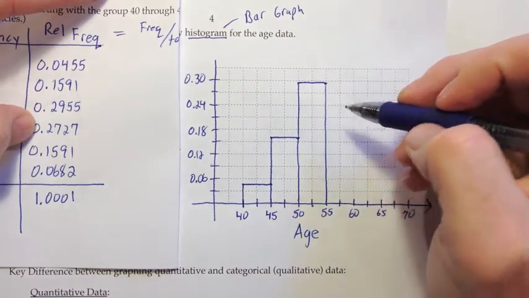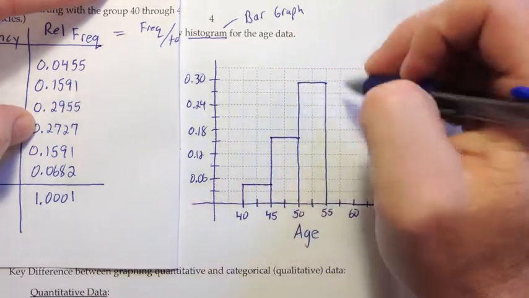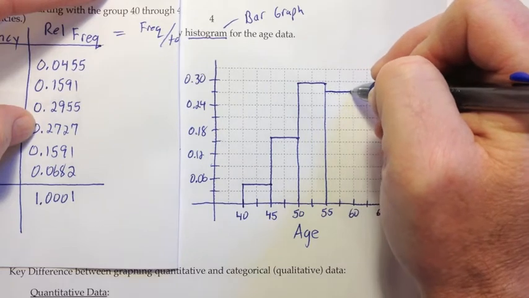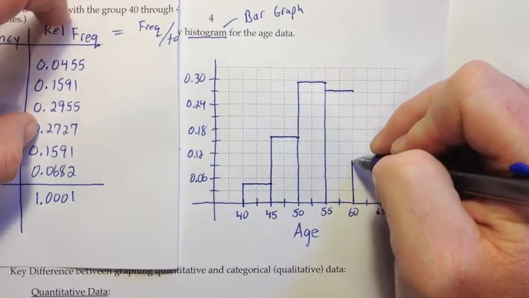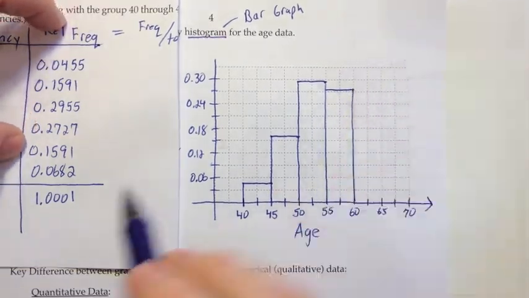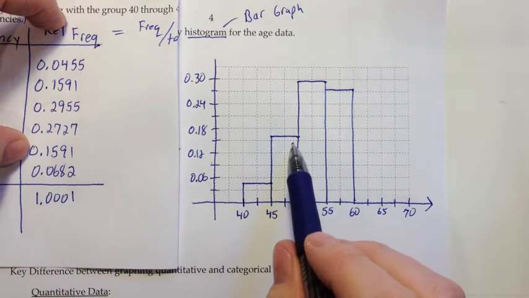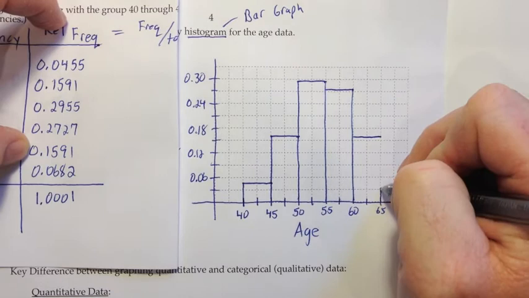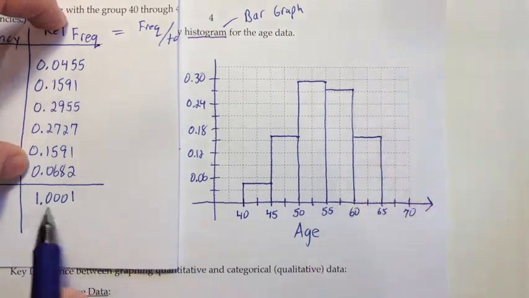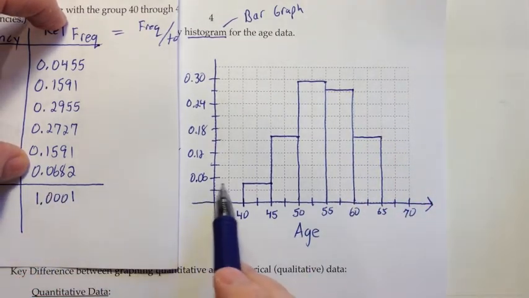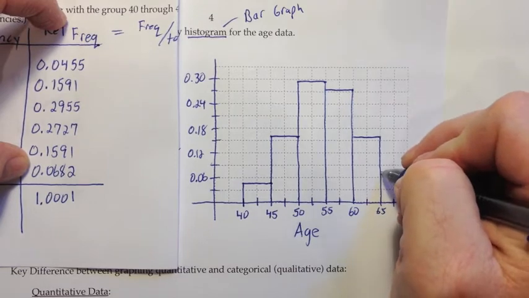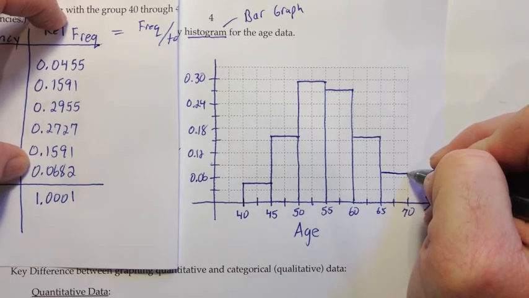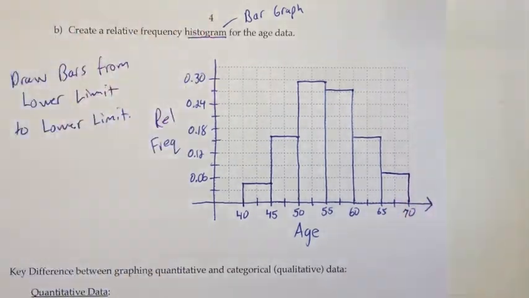The next one is 0.2727. This is the 0.27 line, so just a tiny bit above that. And then 0.1591, we already did that. That's this height, so we just match that again. And then finally finishing off with this 0.0682. There's the 0.06 height, so we want to go a little bit above that, maybe like this. So at this point we've finished off our graph, and now I just want to talk a little bit about